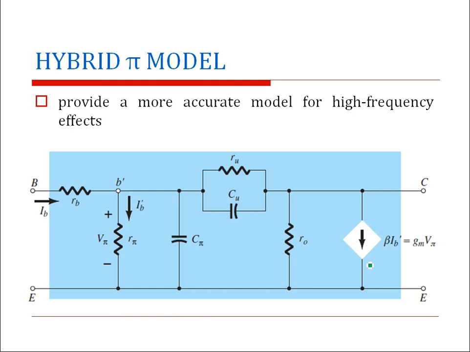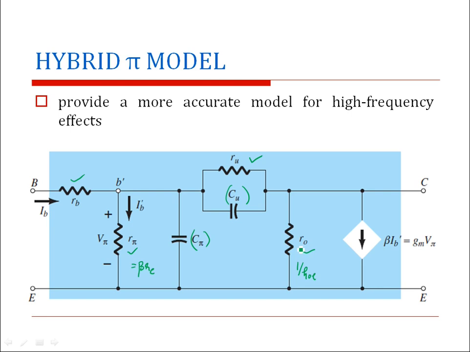Next, we are moving on to a hybrid pi model, which is providing a more accurate model for high frequency effects. So this hybrid pi model is considering the effect of the feedback capacitance, which is represented as C mu here, and C pi is another capacitance which is coming into picture. Now you can see other additional components here, Rb, R pi and R mu, as well as R naught. When the device is in the active region, this R pi is nothing but beta Re, and R naught is nothing but 1 by HOE, and its value is in the range 5 kilo ohm to 40 kilo ohm.